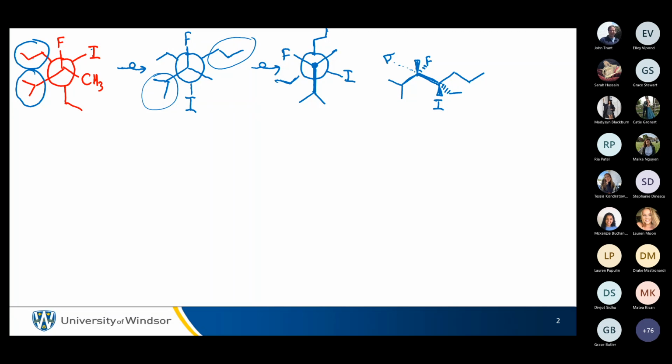Okay. I'm sorry, Madison. Okay, so maybe I don't have a model kit in front of me, but maybe try and do this with a model kit if you have your model kit. Like actually look at the Newman projection through the model kit. I strongly recommend that if you have trouble with that. Because